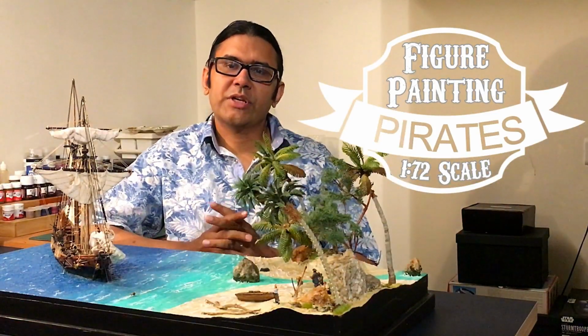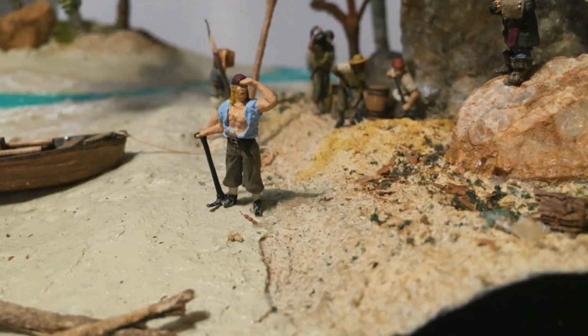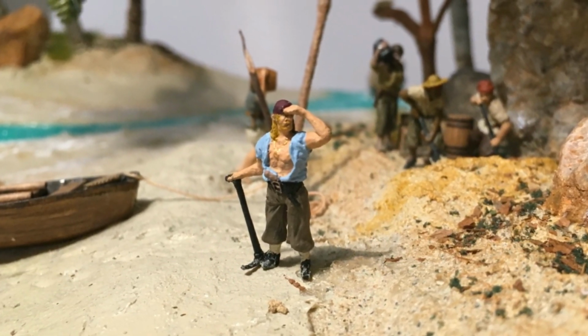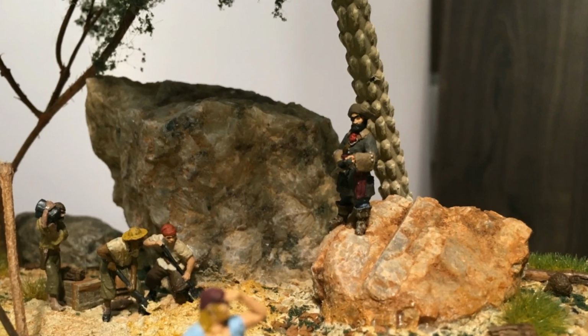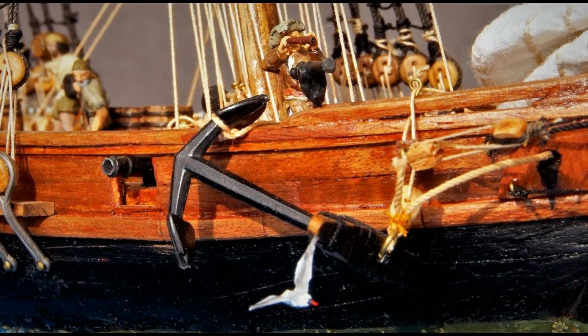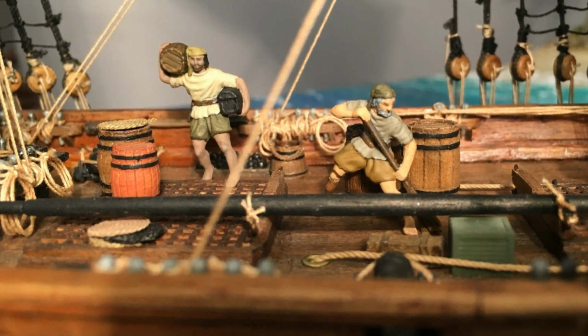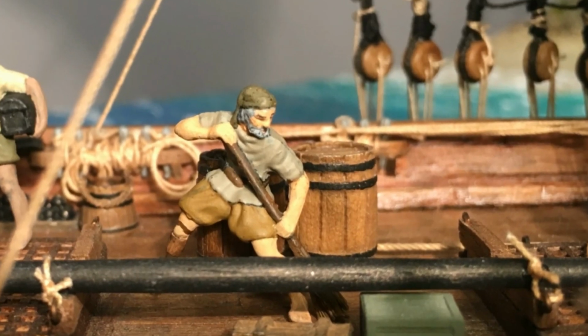Though most of the scenario making techniques are covered already, there is one important aspect of the project that I haven't talked about: painting pirate figures. So I'll show you the techniques I use to paint these tiny 1:72 scale figures. This final leg of the series will be broken in two parts. Today I'll show you how I painted the first mate of the crew, and in part 2 that is coming up in the following weeks, I'll show you how I brought some real character out of two Airfix stock figures